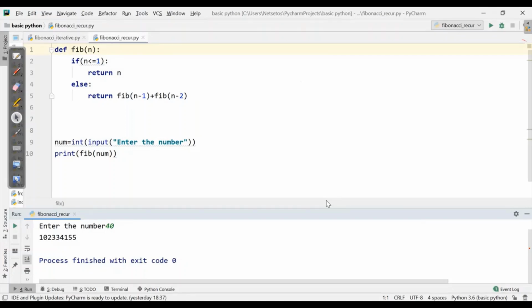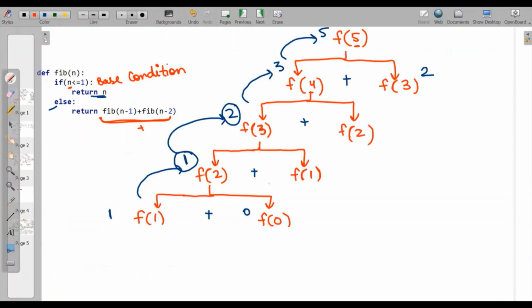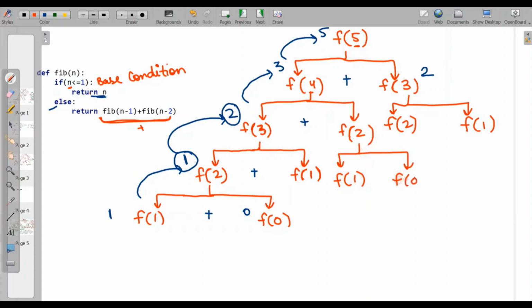It is because when we come to the recursion analysis part, here if I expand this, F3 is breaking into F2, F1, F1 is breaking into F1, F0, and similarly with F2, here F1 and F0. So here if we see closely, F2 is calculated multiple times. So here it is calculated each time. That is the reason it is taking more time here. But we can resolve this by memoization.